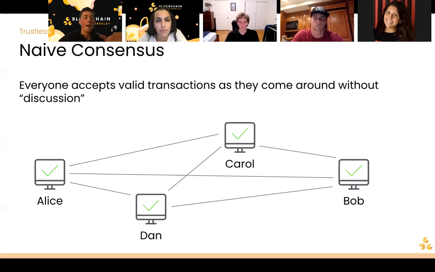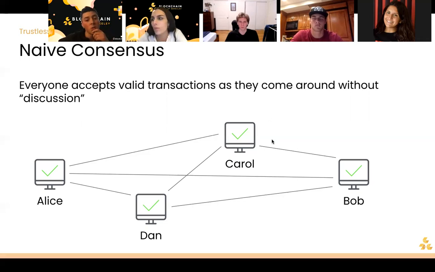And what this means is everyone is just doing their own thing. And once they see some kind of transaction pop up on their screen or whatever it is, they will just say, okay, sounds good, let's allow it. Every time they get a transaction or a new block is added to the chain, they will just accept it.